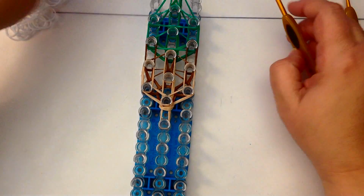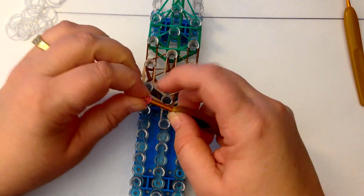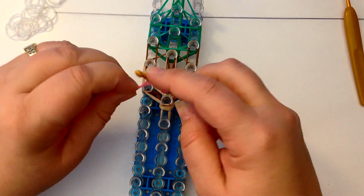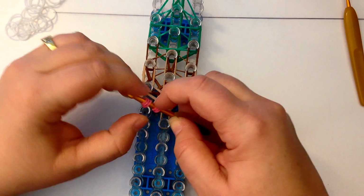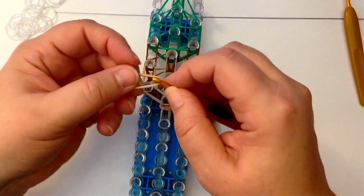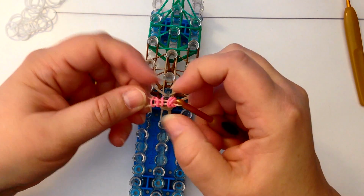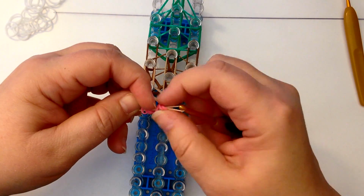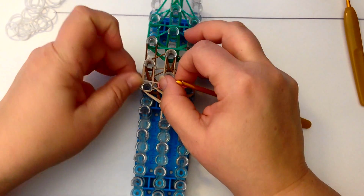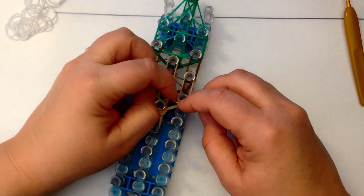Now for the cheeks, which are going to go here, you're going to take a single band, wrap it once and twice, they're the pink ones, and do the same for the next one. So you've got two pink bands that you've wrapped twice on your hook, and you're going to slide those onto a skin tone band. One side here and the other side